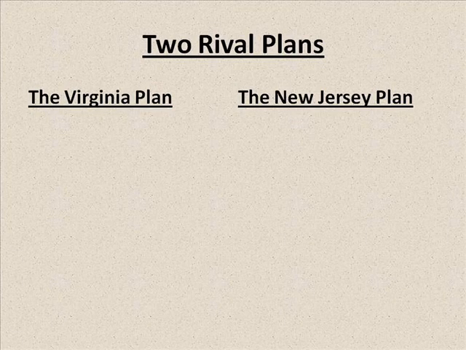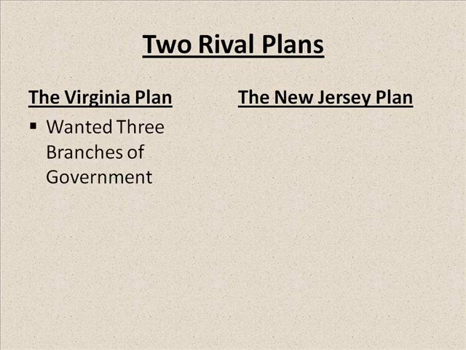While there wasn't a lot of arguing over the judicial branch, or a lot of arguing at first about the executive branch, right from the beginning of the convention there was a ton of arguing about the legislative branch. The large states and the small states really disagreed about how that legislative branch or Congress was going to be made up. For starters, the large states, or the Virginia Plan, wanted 3 branches of government,